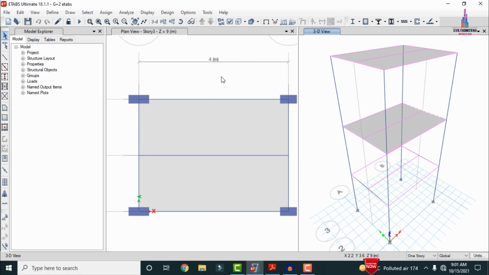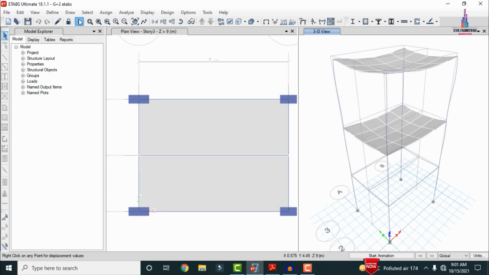After considering the load combination, we just have to do the analysis process. Click on the run analysis option here. The model will do the analysis process for the building structure. Here my model is doing the analysis process for the G+2 building model structure under consideration of the gravitational loads related to the dead loading condition as well as the live loading condition. Here you can see the model has completed the analysis process. This is the deflection diagram.